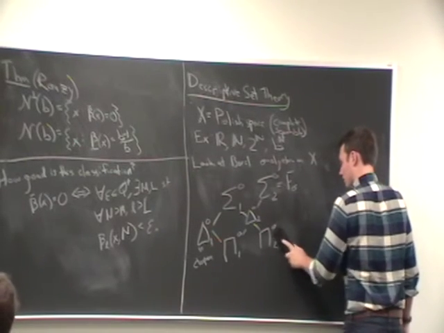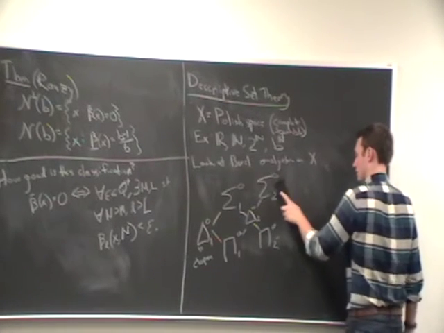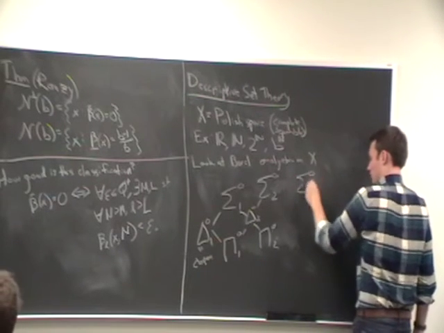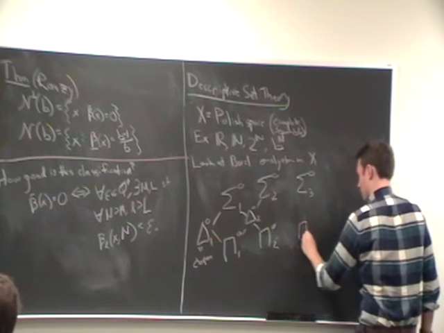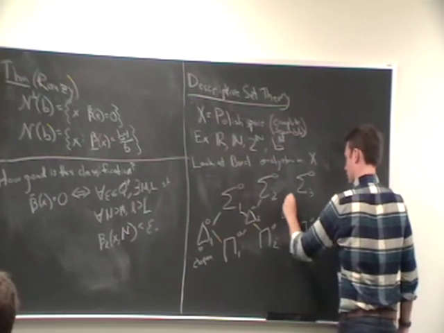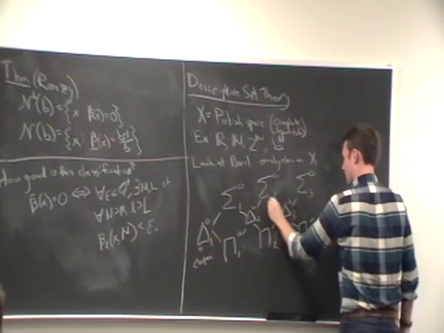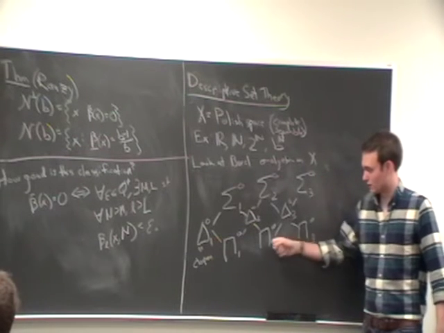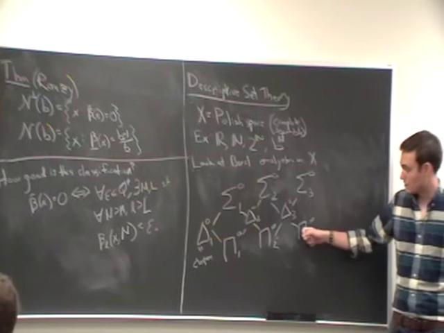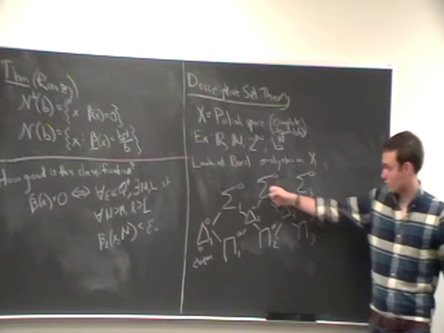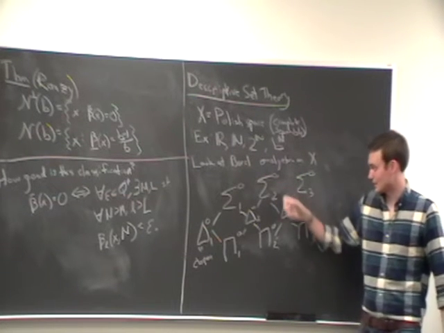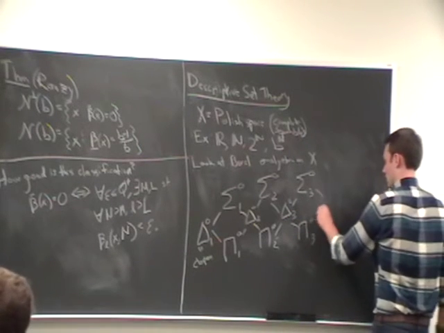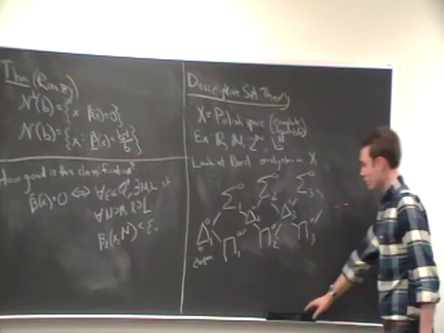But we can go even higher than just one sequence of intersections and unions. We can continue this construction to form the sets sigma 0, 3, pi 0, 3 and delta 0, 3. Again, sigma 0, 3 is the class of sets that are countable unions of elements in pi 0, 2. Pi 0, 3 is the class of sets that are countable intersections of sets in sigma 0, 2. And delta 0, 3 is the intersection of these two classes. And we can continue this on. So in general, what we do is